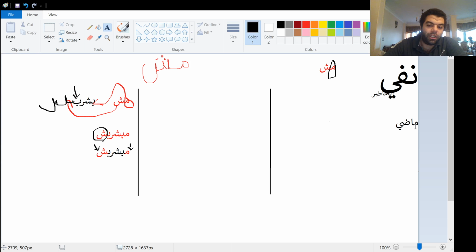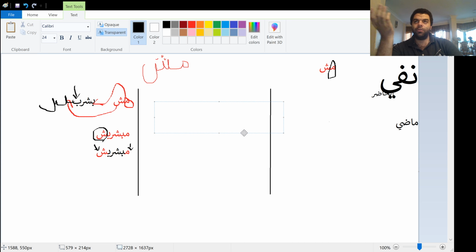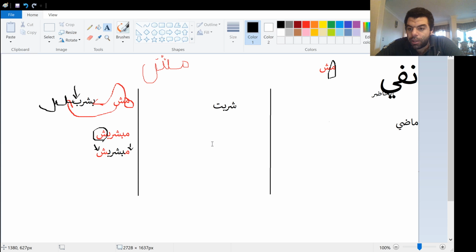Okay, meme alif dad ye, madi. So let's try the same verb in the past. So what is the root of drink? It's shurib. Okay, so to conjugate for the past, if we want to say I drank something, we just add t at the end. So shiribt. Okay, shiribt, just like this. Okay, how to say I didn't call you in negative sandwich?